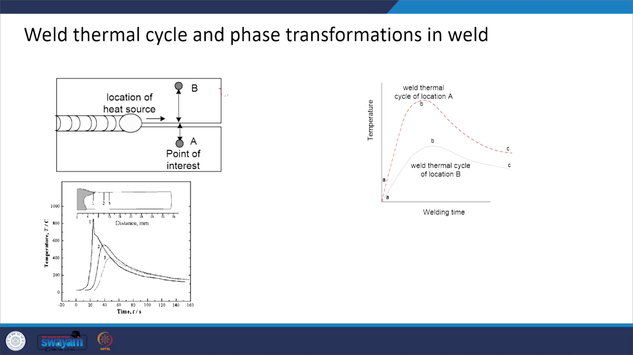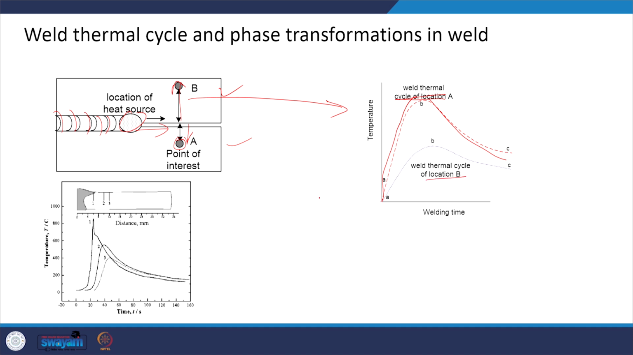Like say these two plates are being welded, and this is the suitable heat source. Here is the heat source. When the heat source is passing through a particular point of interest which is close to the weld zone, and this is a little away from the weld zone, and if the temperature profile as a function of time is recorded, what do we get? The point which is very close to the weld center line will be experiencing the higher heating rate, higher peak temperature and higher cooling rate,